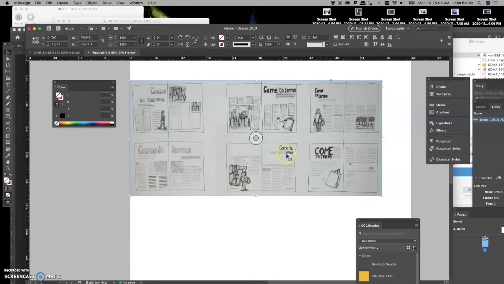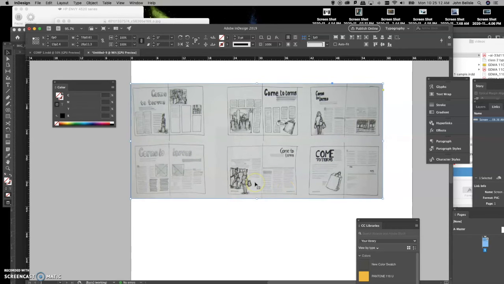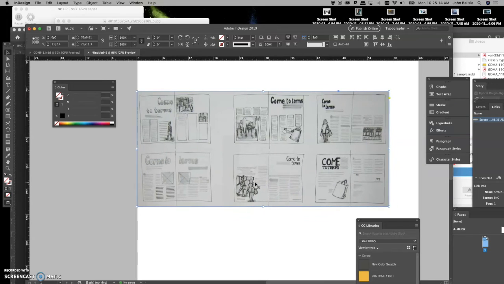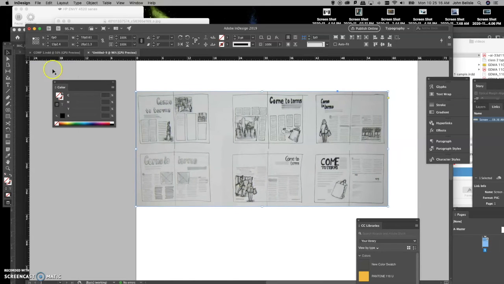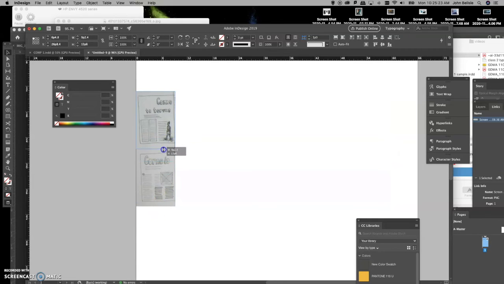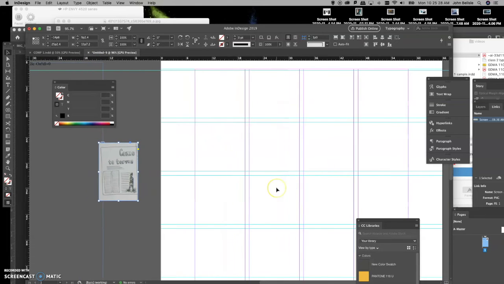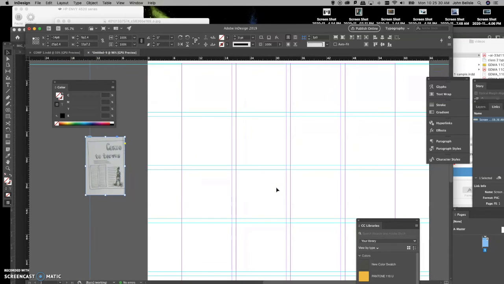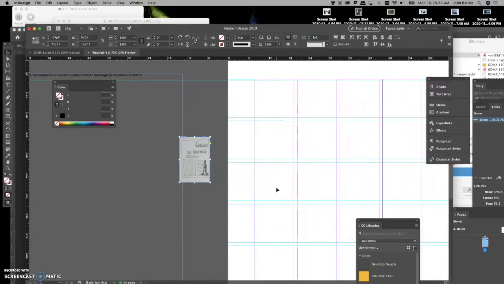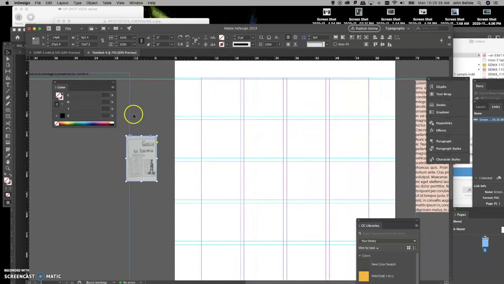Then a lot of times what I'll do is I'll sketch it out like this, and then determine, okay, in this one, I'm actually going to work on a 3 column grid. After I've sketched it out, I'll probably scan it in, bring it in and set it on my pasteboard so I can see what I'm working on. And then once I do that, I can set up my document so it actually works with